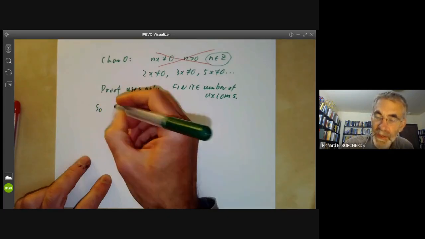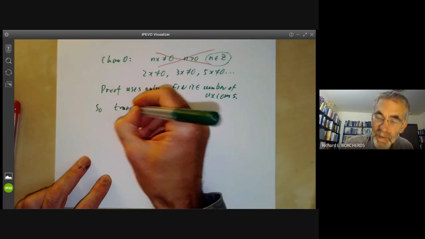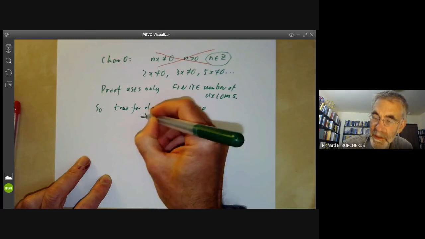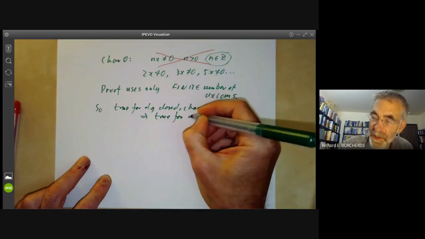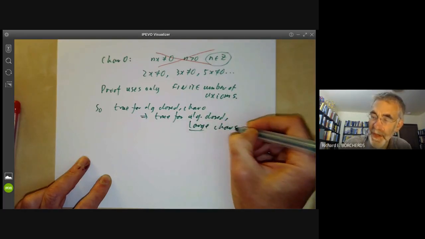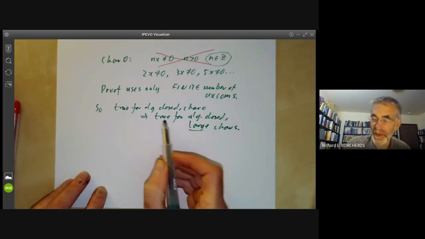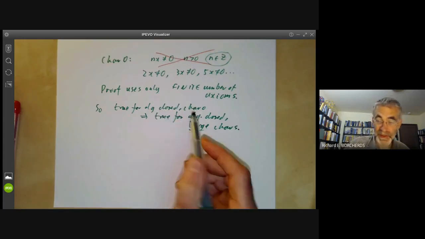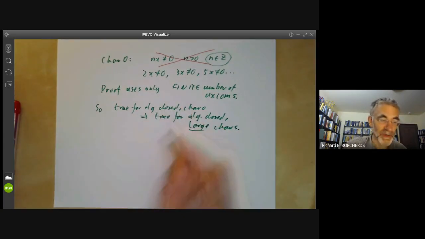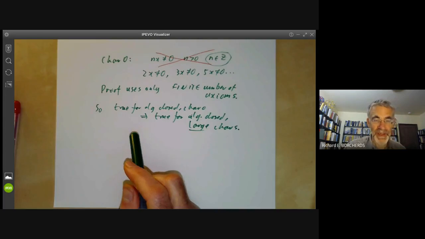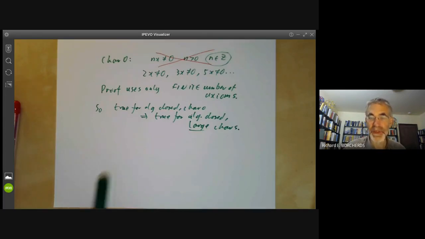So true for algebraically closed fields of characteristic 0 implies true for algebraically closed fields of large characteristics. And conversely, if something is true for all algebraically closed fields of large characteristics, it's also true for an algebraically closed field in characteristic 0, just by applying this to the converse statement. And this now implies the Ax Grothendieck theorem, because the Ax Grothendieck theorem, again, you can't state it using a single statement of